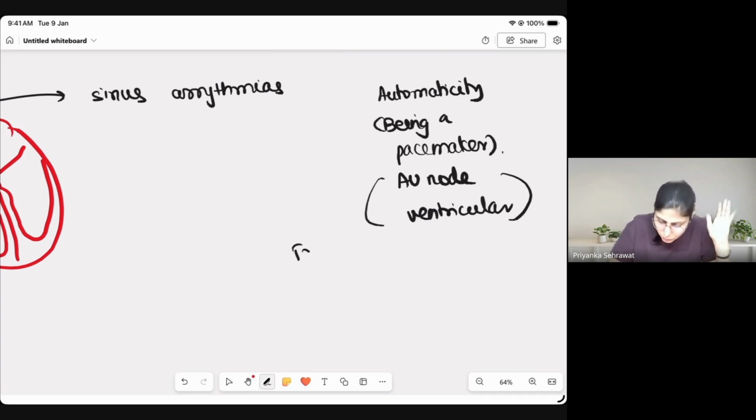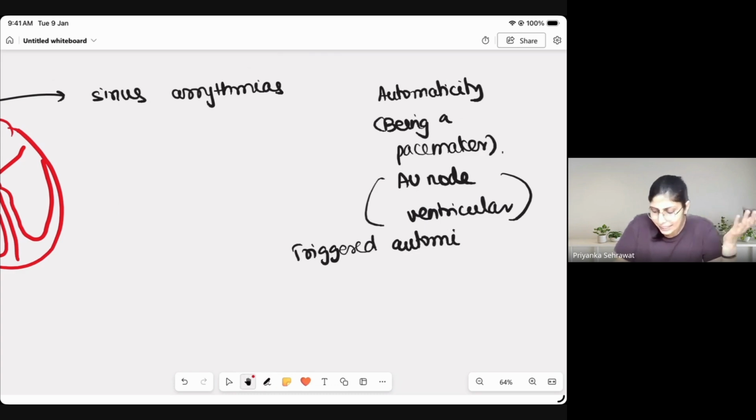The second is triggered automaticity. Triggered automaticity usually happens because of early and delayed afterdepolarization. After depolarization, currents usually get blocked because the muscle tissue is actually getting repolarized. It's relaxing, so the tissue is not excitable. Sometimes, if the early or delayed afterdepolarizations are short or fast enough to find the tissue still excitable, they lead to triggered automaticity. They can lead to more firing of the tissue again and again. So that is triggered automaticity.